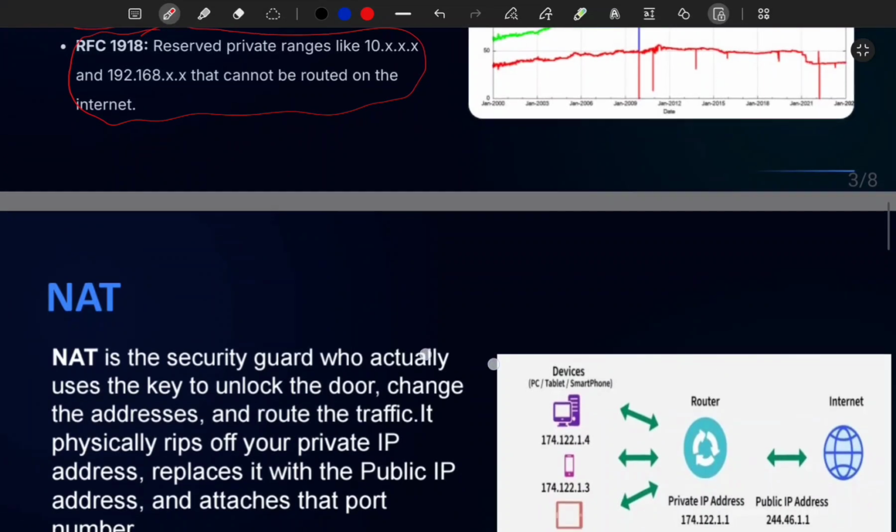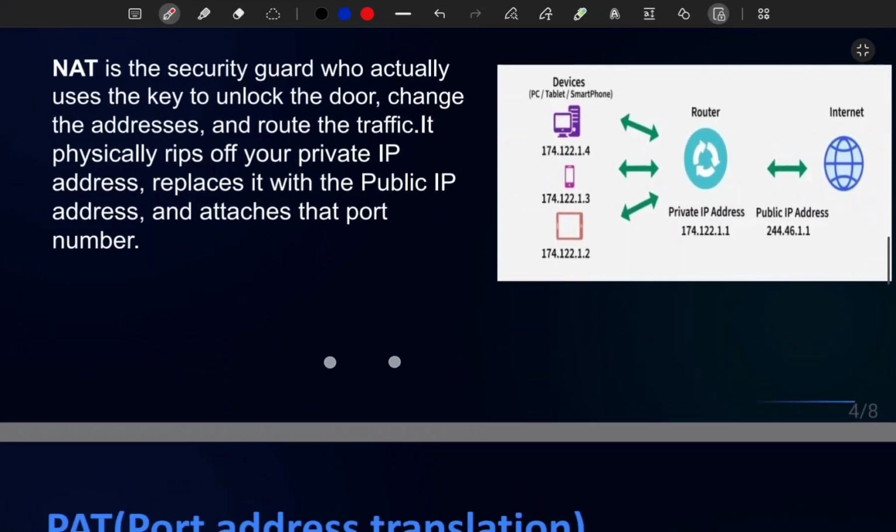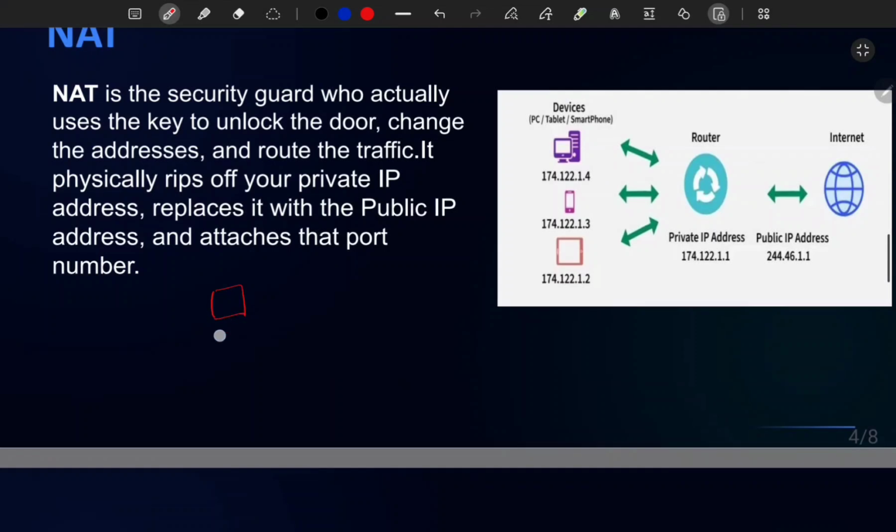So what is NAT? NAT is a system that works like a security guard. Here is your system, maybe your computer or mobile.